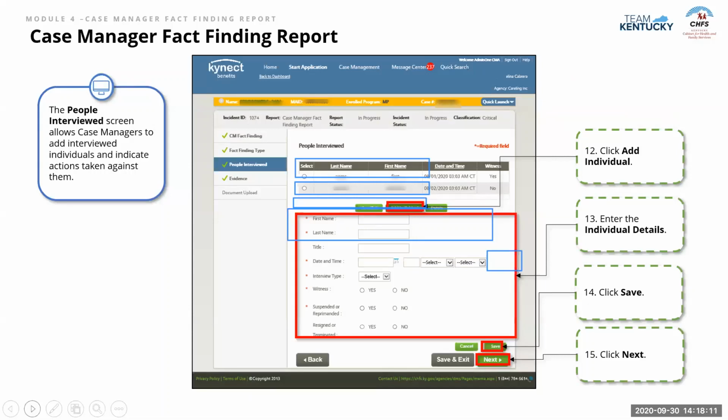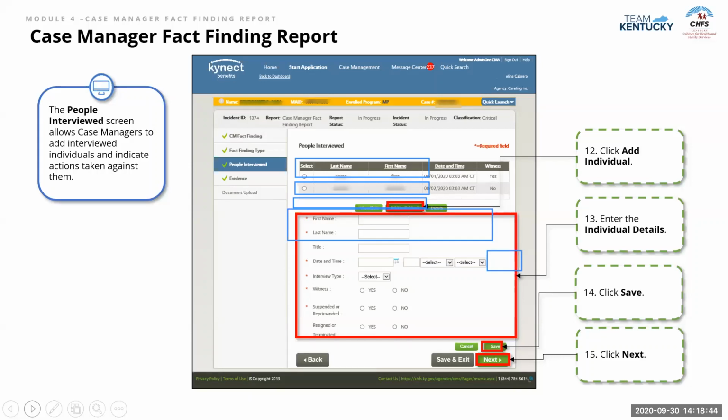And that would bring us to the people interviewed screen. So as you can see here, I'm trying to get my drawings to disappear. We have the people interviewed section, which again is going to show us all the people that we've gone ahead and interviewed. I'm sorry, it seems like the annotations are stuck on our screen, so bear with me as we try and navigate through that. But again, on the people interviewed screen, you would see the people interviewed summary, where each individual